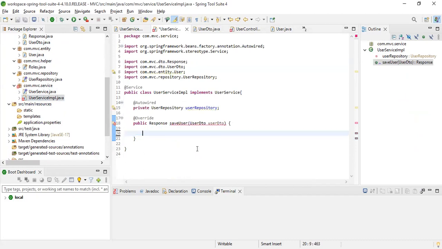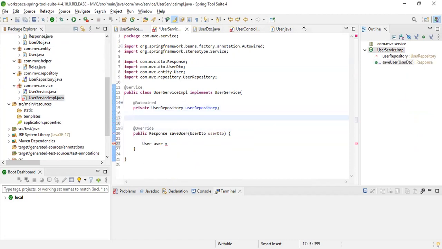Let's do it. So repo. So in JPA we have to write now. So we are having repository. So let's do this. So I have to save the user. So first of all, I have to get that. Okay. So what I will do, I will say user is equals to. First of all, I have to create. I have to take converter also. So I will say